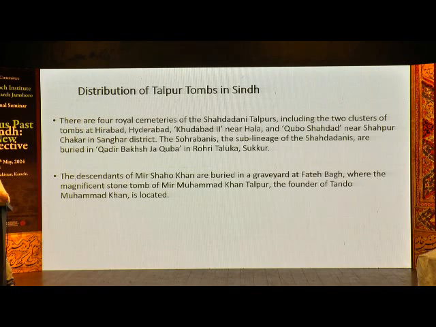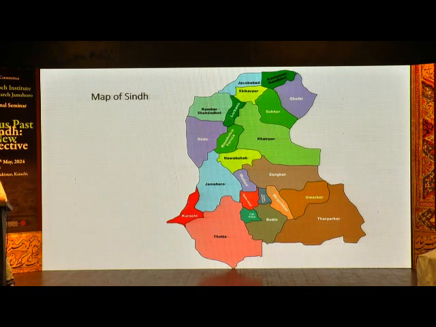And the descendants of Mir Shaho Khan, also sometimes pronounced Shahu, but it is Shahu. So the descendants of Shahu are called Shahwani, the founders of Tando Muhammad Khan. And their 2 cemeteries are located, one at Fatehbad and another at Tando Muhammad Khan town. And the grave of Mir Shah actually is located in the Drigbala necropolis. So this basically map shows the different districts of Sindh. So that if we talk about the distribution of the